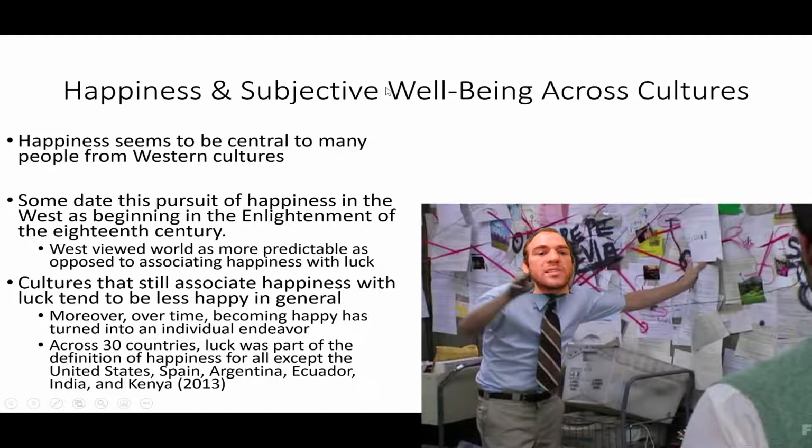However, happiness seems to be central to many people from Western cultures. Some date this pursuit of happiness in the West as beginning in the Enlightenment of the 18th century. The West viewed the world as more predictable as opposed to associating happiness with luck. Cultures that still associate happiness with luck tend to be less happy in general. Moreover, over time, becoming happy has turned into an individual endeavor. Across 30 countries, luck was part of the definition of happiness for all except the United States, Spain, Argentina, Ecuador,